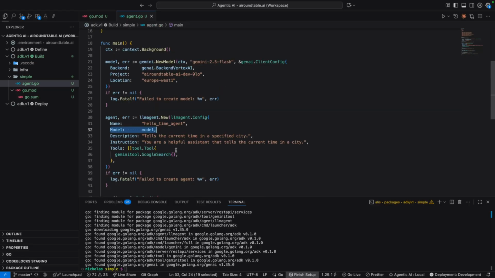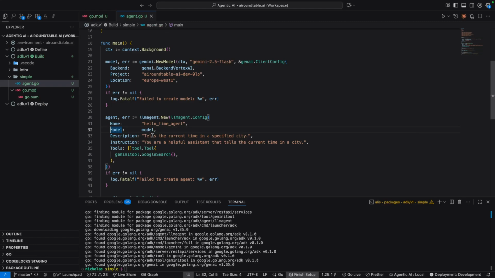So a model and an agent are two separate things. An agent has a model at its heart, using that as the reasoning engine and the entity that reasons about and triggers tools being called, etc. So an agent is not a model, but an agent requires a model. So you pass in the model that you set up,